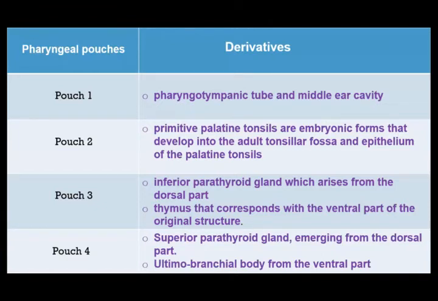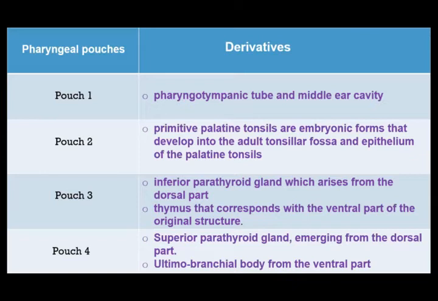Secondly, the pouch number 2 that is involving the palatine tonsils region. ठीक है, so it is very clear that the pouch 2 is going to give rise to the palatine tonsils that specifically develop in the tonsillar fossa, and it also forms the epithelium of the palatine tonsils that are present in your oral region. Posterior most जो part होता है ना आपका, ठीक है, वहाँ पे आपको ये tonsils visible होते हैं. Then you have the pouch number 3,